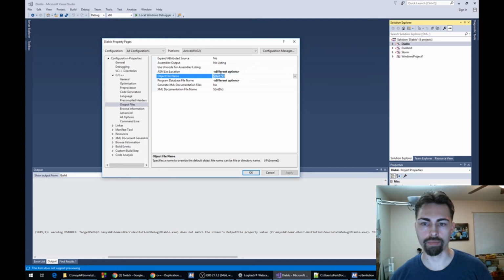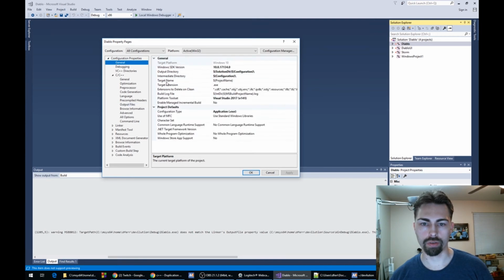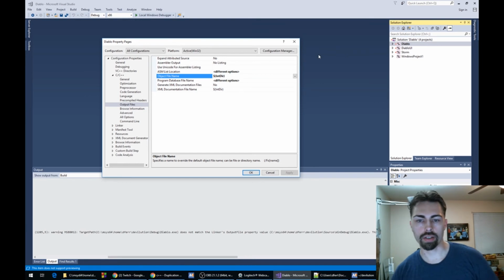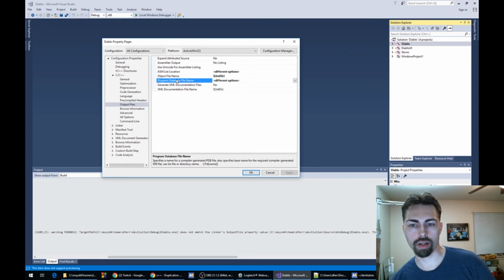And that intdir, I'm not exactly sure how that relates to this. I guess it stands for intermediate directory. Okay, then that makes sense. So I'm going to go here, object file name, and I believe that I want to set that for these two as well. And actually, here's something, this program database